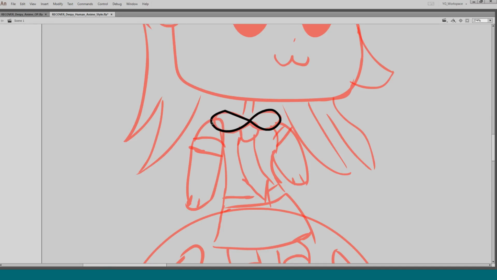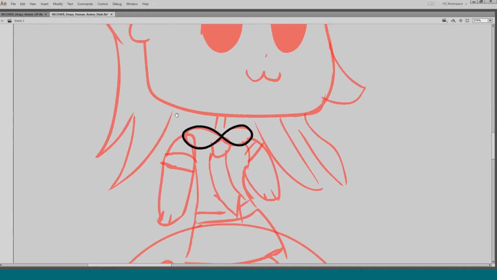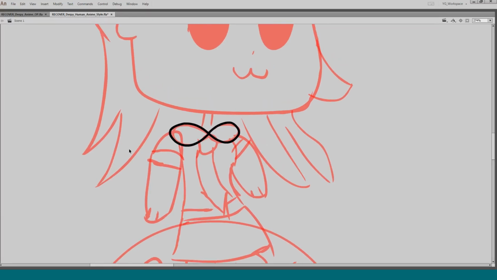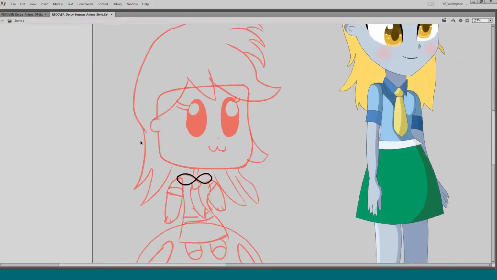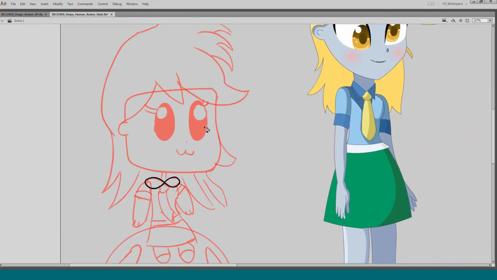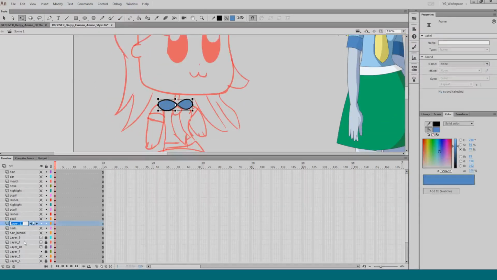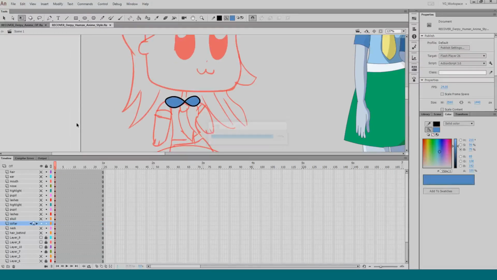It's not like she's younger or anything; it's more of a style choice. There we go. I never really know how to spell color. It's always weird.